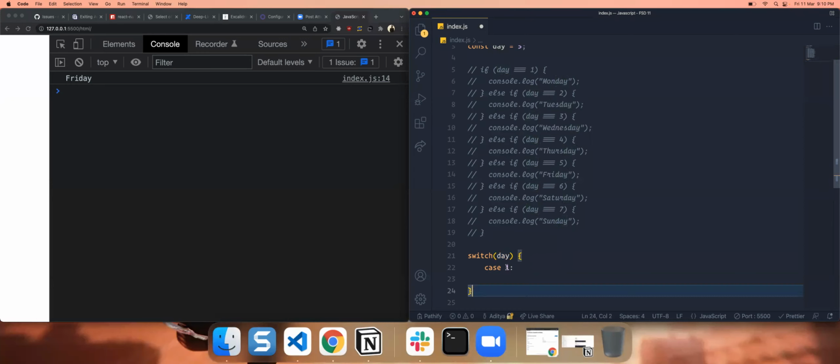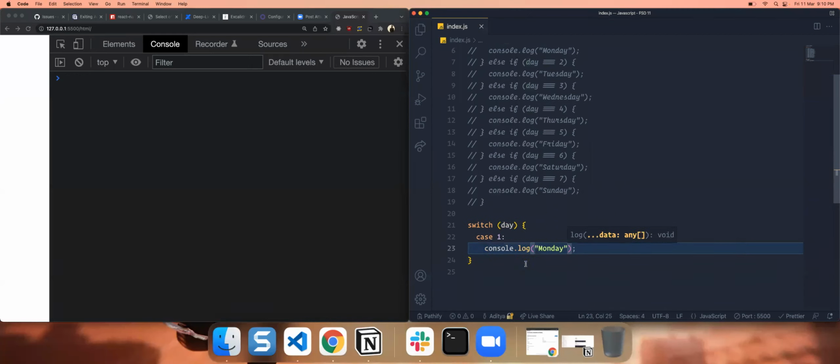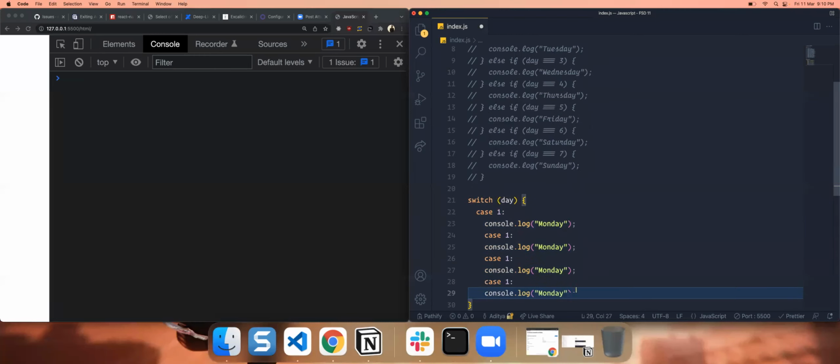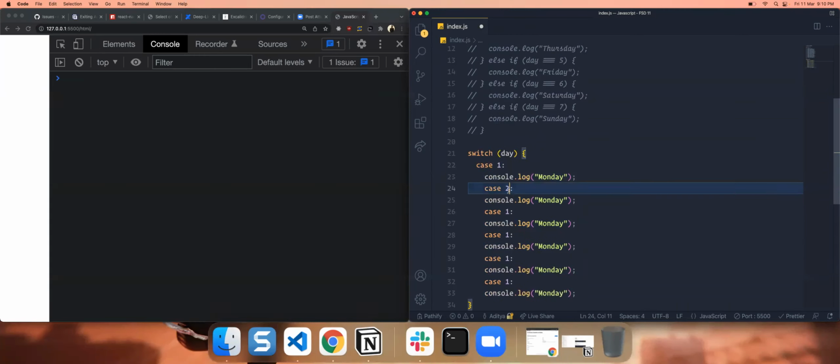Now, if the case is 1, which means if day is equal to 1, which is basically this block right here, we need to do the console.log of Monday. I'll just repeat the same thing for different cases now. So this will be 2, 3, 4, 5, 6, and 7. Tuesday, Wednesday,